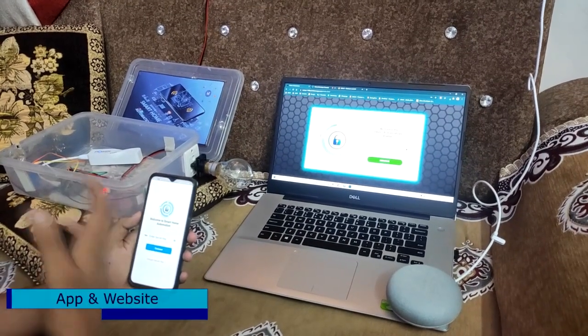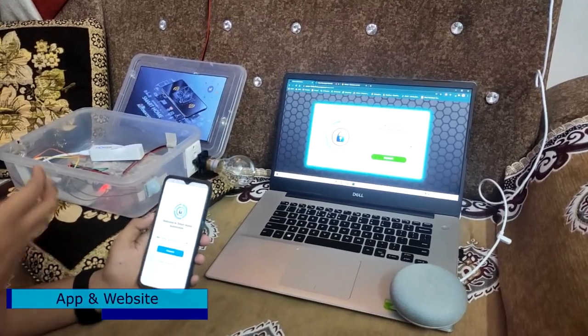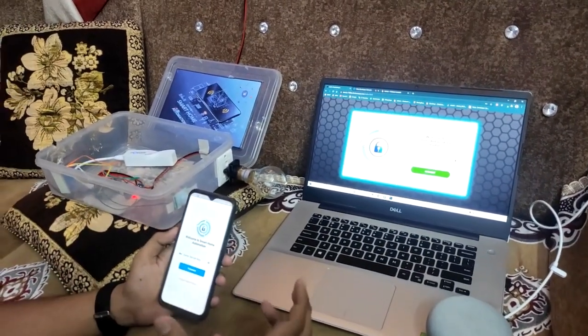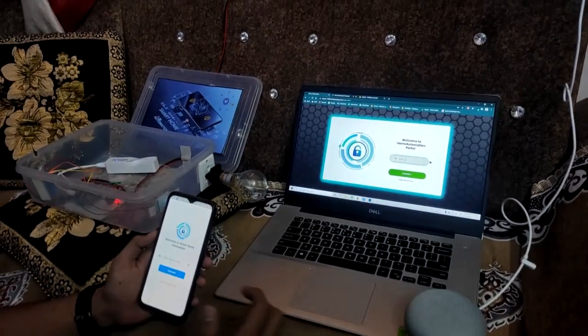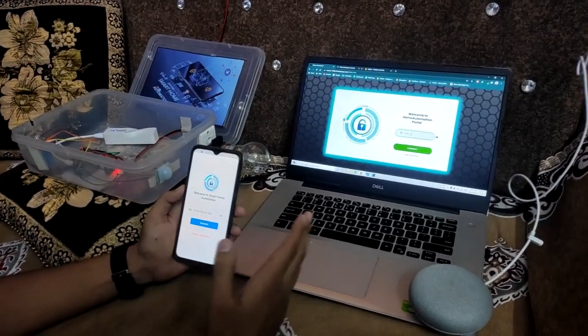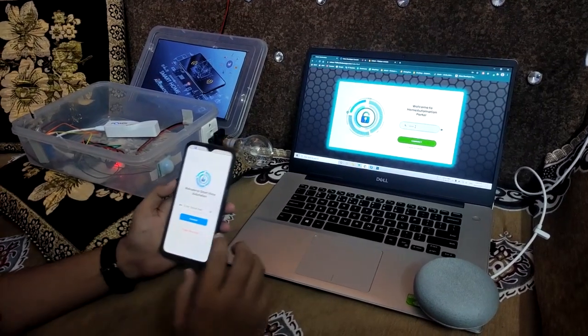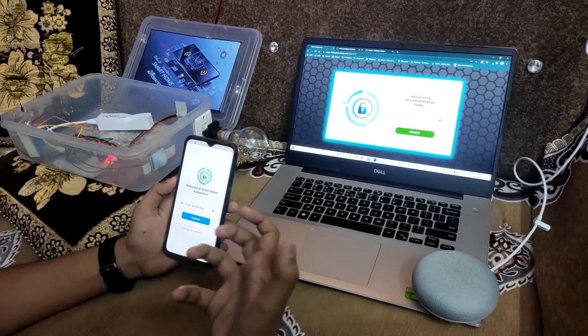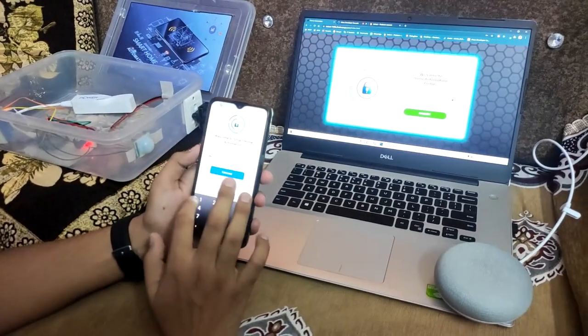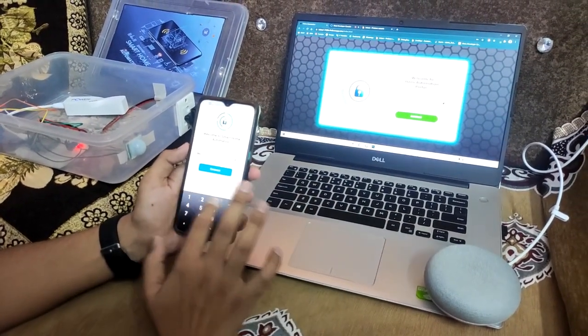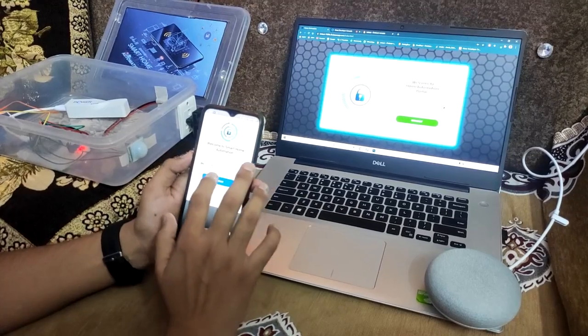Let's look at the working outlook of this project. Here is our hardware component and here is our software component. They are indirectly connected to each other via the Firebase database. In the software part, we have one website and one mobile application. Whenever I want to access this system, I need to provide a secret key. It is set from the admin side. Here I have set 1, 2, 3, 4, 5, 6. So whenever I click on connect,